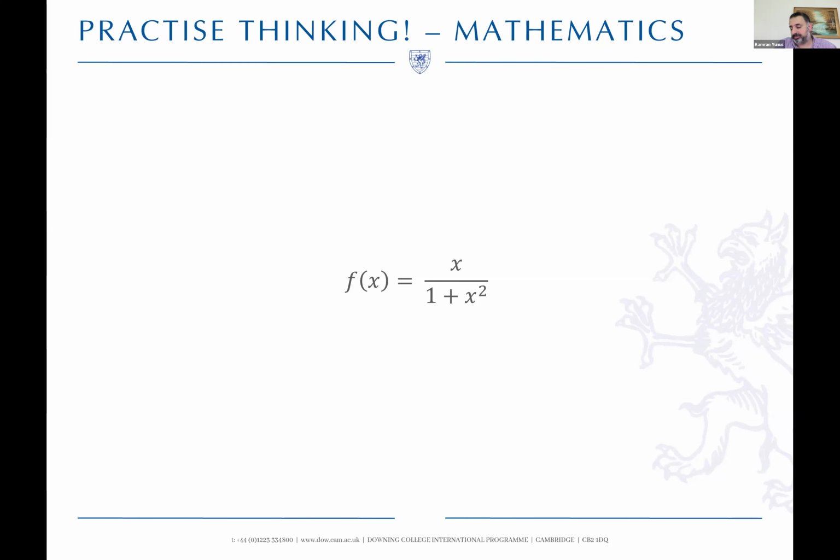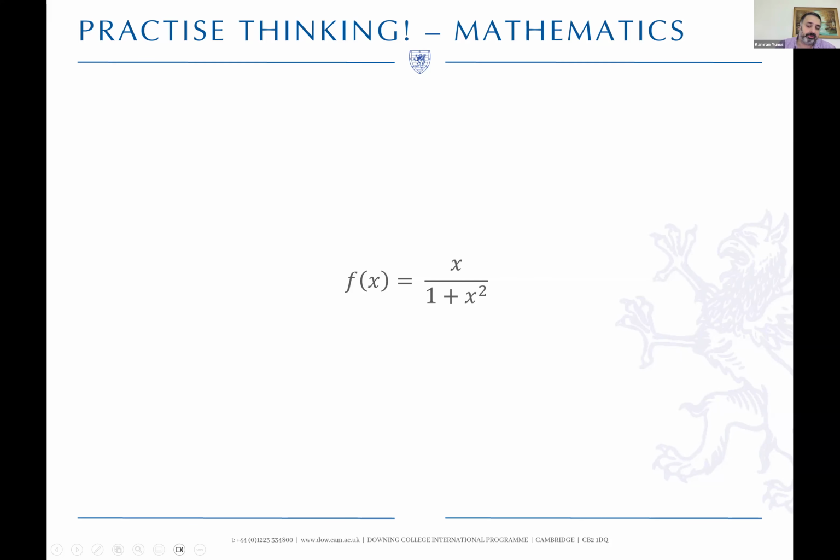Now, in an interview, I've used this question in the past. I may ask a candidate to tell me what this function looks like. Now, I'm looking for key things. I'm trying to see what observations the candidate makes. Do they start thinking about how this function simplifies for very large values of x? And if you think about it, when x is extremely large, adding one more to it isn't going to change its value. And so this function could simplify to x over x squared, which is 1 over x.